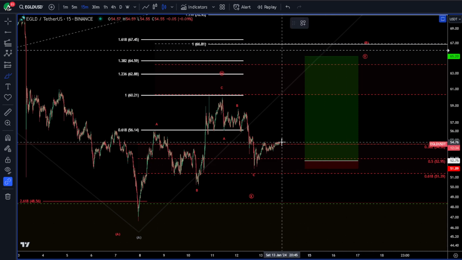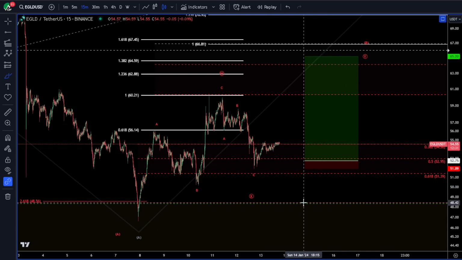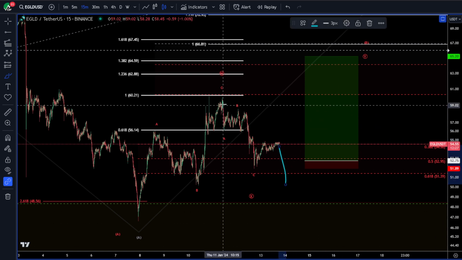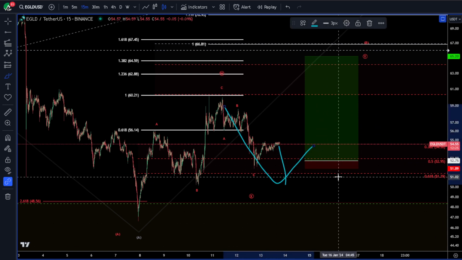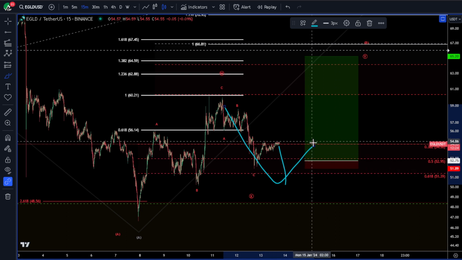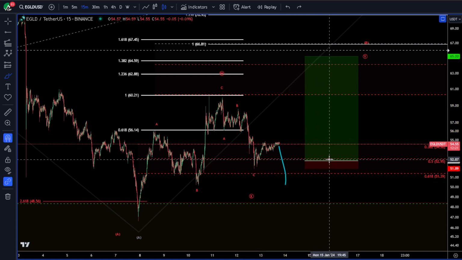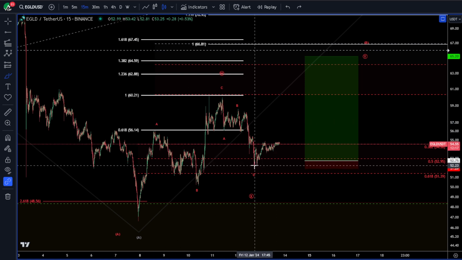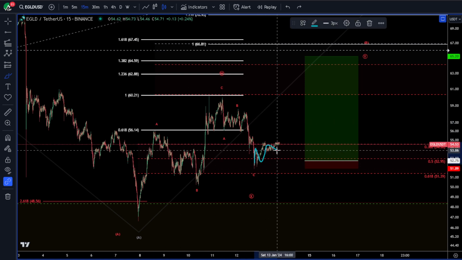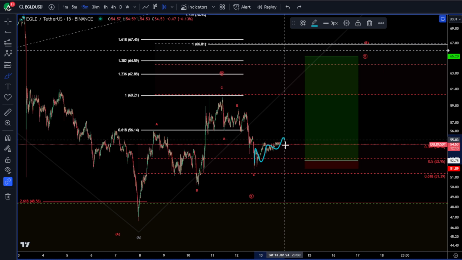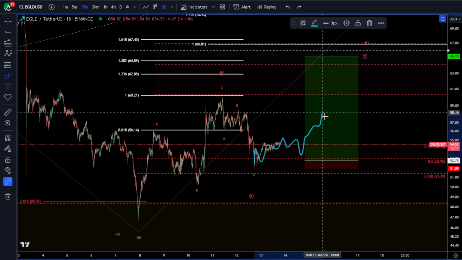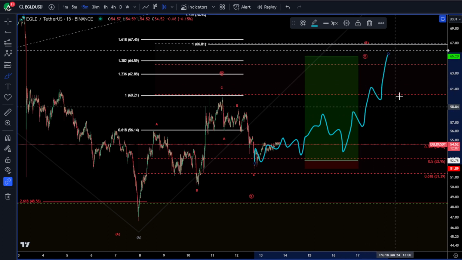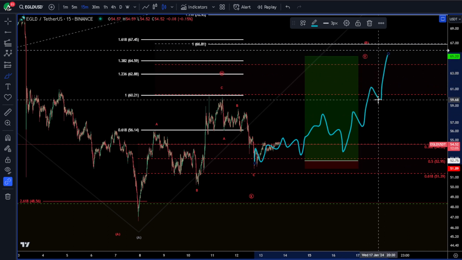Fully aware that this can just come back and collapse on us, but I'll be out of that trade at that point, in which case I might consider this a 1-2 of the 5th in the A wave, and I might consider a short if we get that, but I'll make sure to update that. But as of right now, expect this to turn into a flat, which would be a 3, 3, 5 waves up to get us between the 50 and the 618 there at,